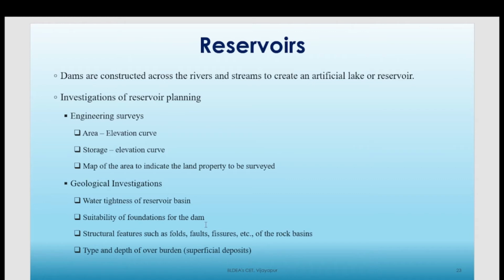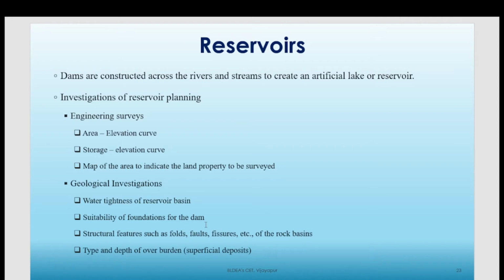Other than that, you must try to understand what kind of soil is available, whether it is permeable or not, what kind of rocks are there, whether they are permeable and soluble or not, and what the groundwater conditions are in the region. And there is one more important thing: you need a large quantity of materials for construction of a dam. So you cannot transport it from a longer distance, right?